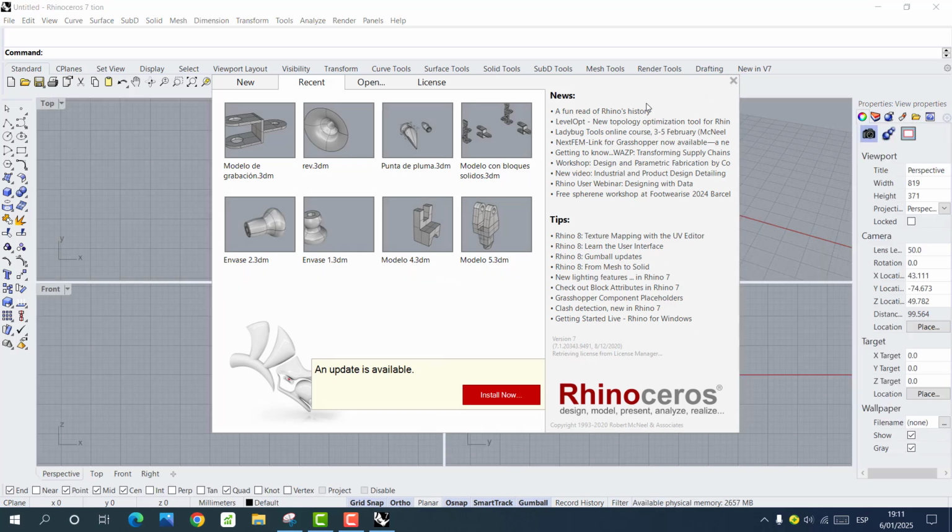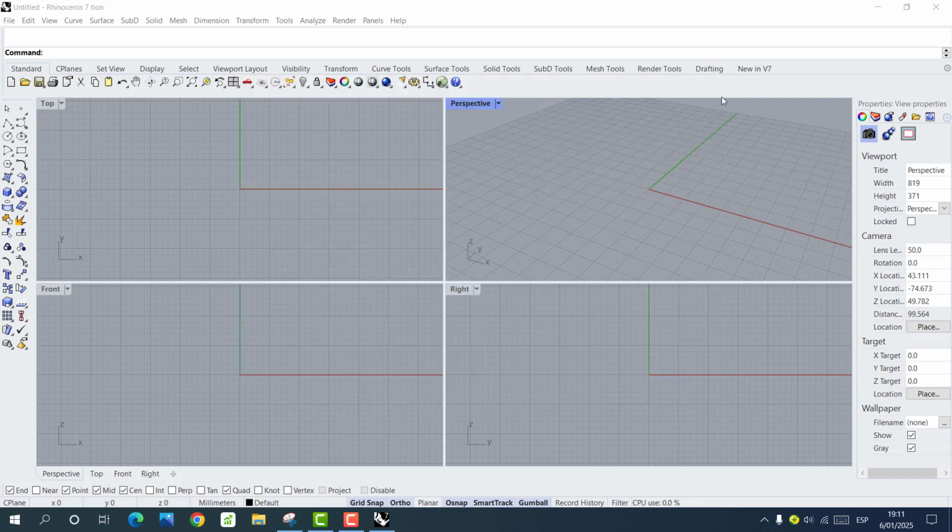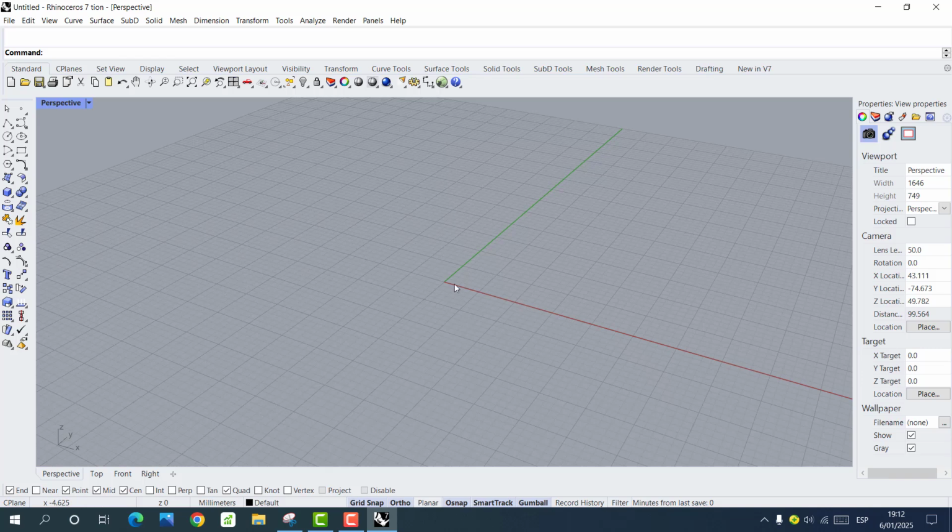Close this window. Now we can draw in this size. Double click. Okay. And now the basic tools is pan, click pan,